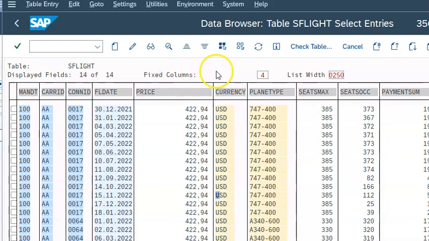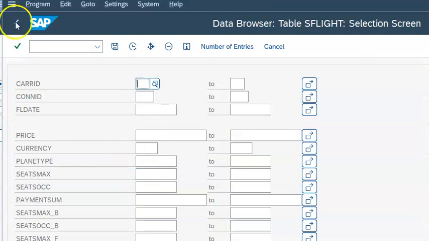Let's say we would like to see the data based on a particular date, or based on the flight number, flight type, or something like that. We can also filter this data if the price is more than a certain amount. We can have any kind of restriction here. But now I'll go for this carrid. If I give a particular carrid name, only that carrier's details have to be displayed in the output, and that should be printed and given to